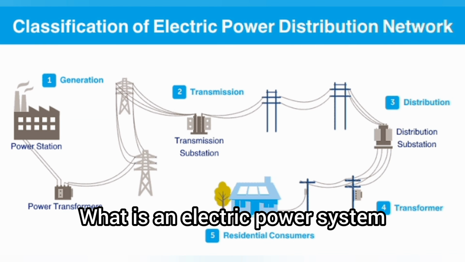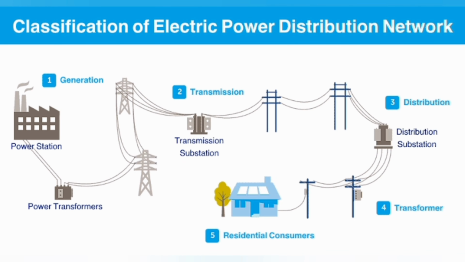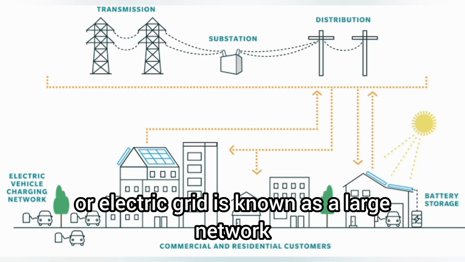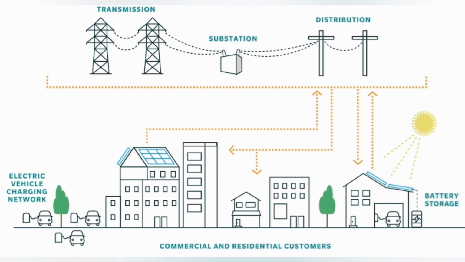What is an electric power system? An electric power system, or electric grid, is known as a large network of power generating plants which are connected to